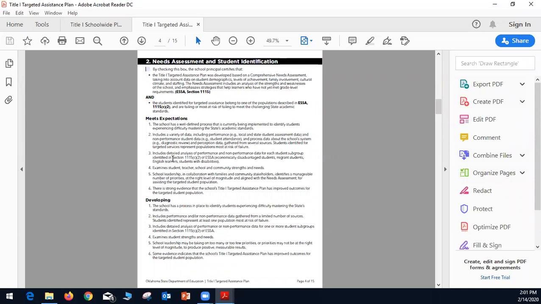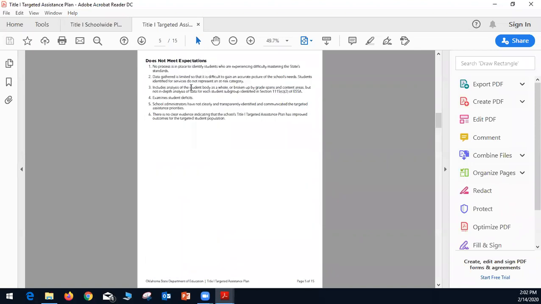A well-written plan includes detailed analysis of performance and non-performance data for each student subgroup identified in Section 1115 of ESSA. Those that are economically disadvantaged, are migrant, are English learners, or students with disabilities. A plan under development will include detailed analysis of performance or non-performance data for one or more student subgroups identified in Section 1115.